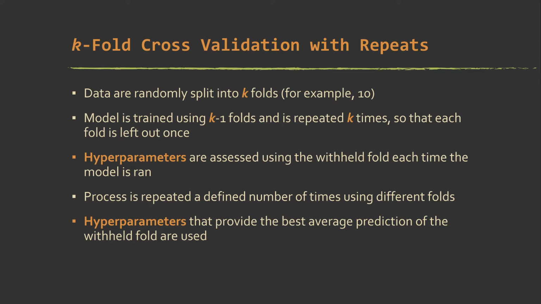So the idea here is that you're just getting more iterations and more variability because you're going to use a different set of folds, or different data partitions, in each of the repeats. So that can be a little bit more robust than just standard k-fold cross-validation, because again, you're using different sets of folds, and you're using more iterations and averaging over more withheld data sets.